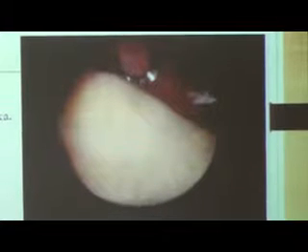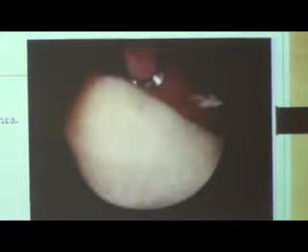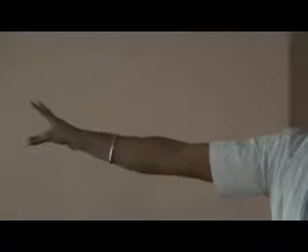Once the stone gets crushed, then you evacuate it with the Ellik evacuator. So very simple. The principle is to insert your cystoscope. You are able to see the stone in your urinary bladder on the screen or monitor. Crush it, remove it, or leave it. If it is crushed, it will come out through the urine. Okay. So this is the Ellik evacuator to remove the urinary bladder stone.